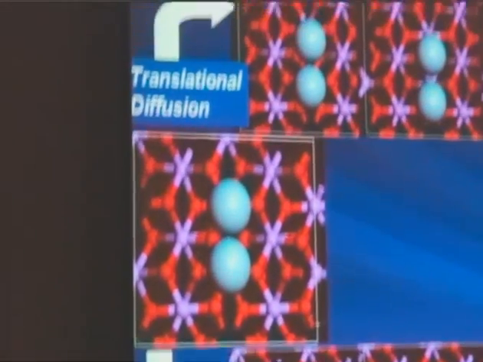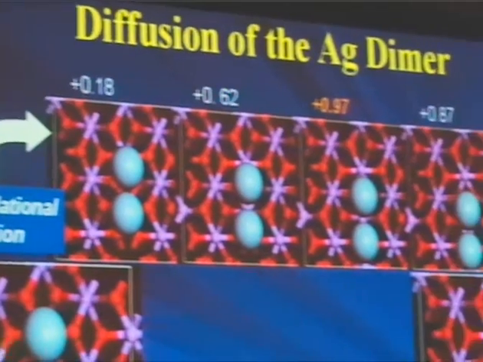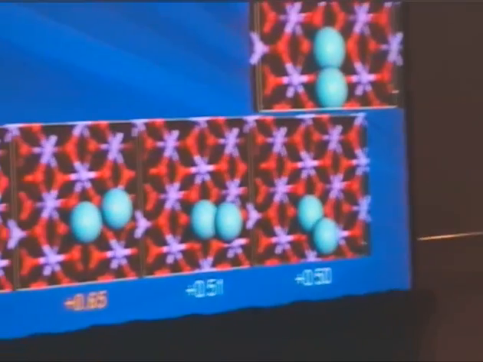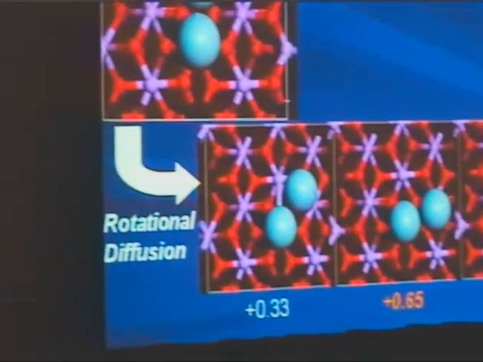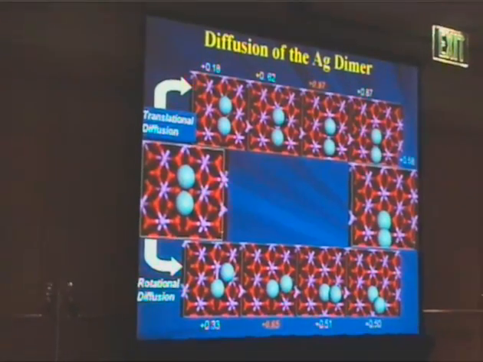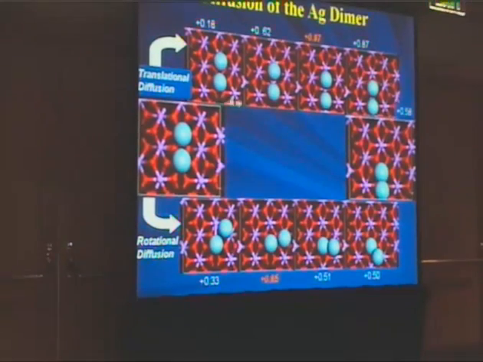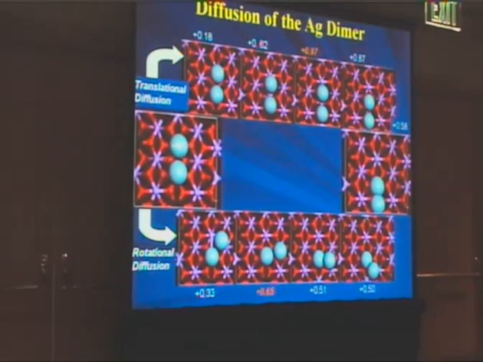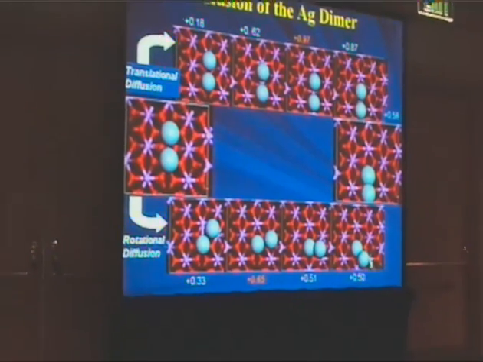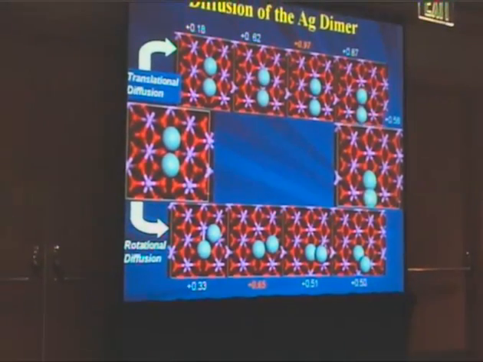We've done this now for 2 metal atoms. These 2 metal atoms can ultimately migrate on the surface in a couple of given ways. They can translate, which means they just simply push their way across the surface. This costs us an energy barrier of almost 1 eV on this surface. There's an easier way for them to move, and that is to rotate. So this atom here is rotating downwards as we continue along the slide,